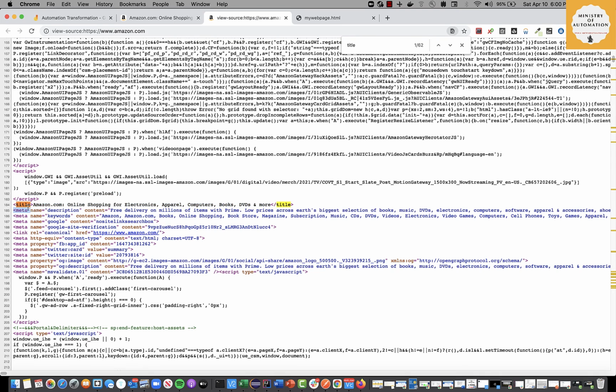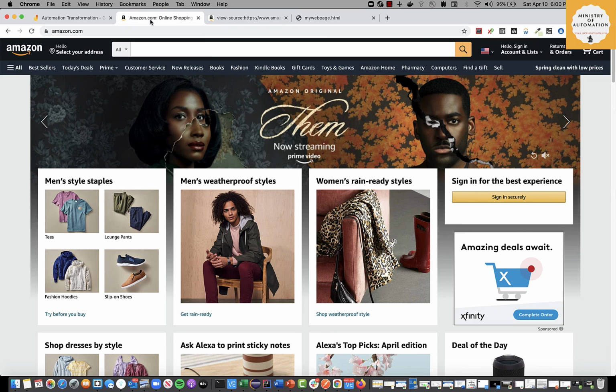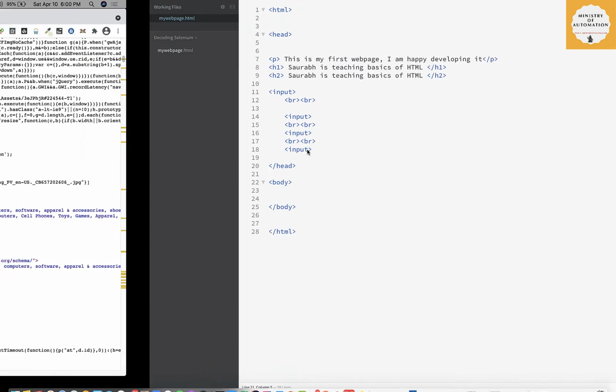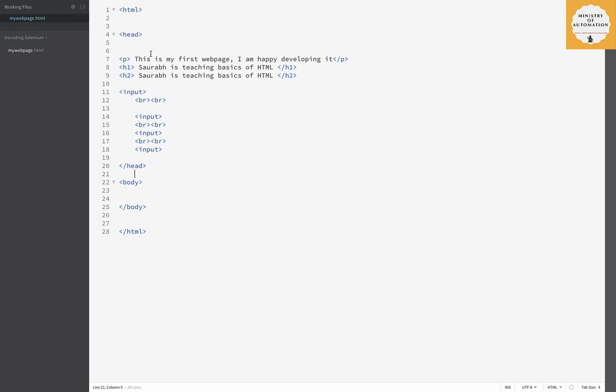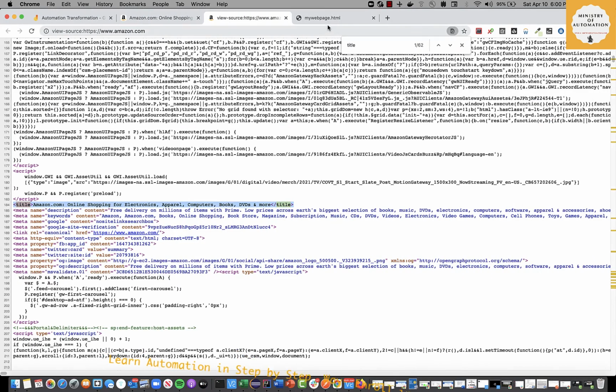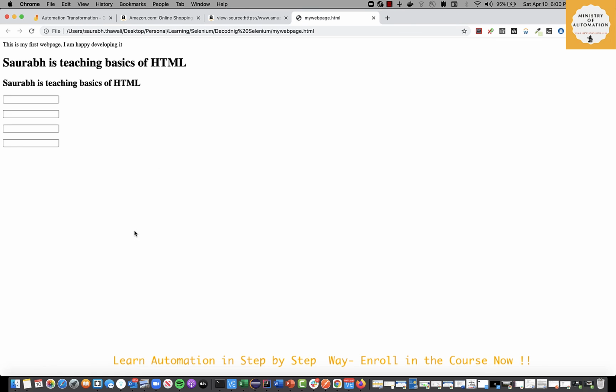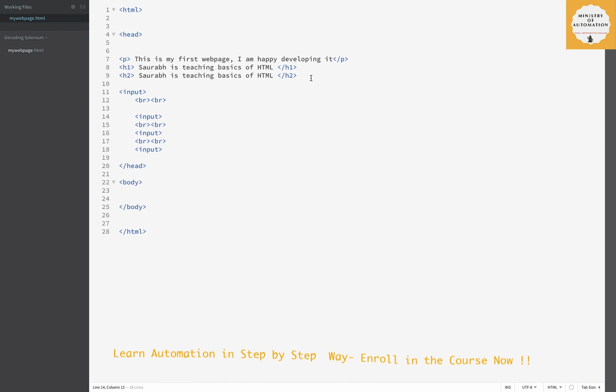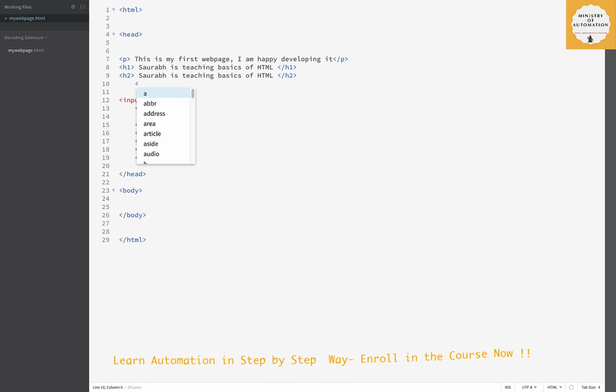You see a title tag and you see exactly the same title that you see here when you hover your mouse. What does it mean? On the web page which we are developing, if we want to add a title, right now, if I hover my mouse, do I see any title? Ideally no, this is coming by default, just the name of that HTML file. But if I want to add a title, I'll add a title tag.